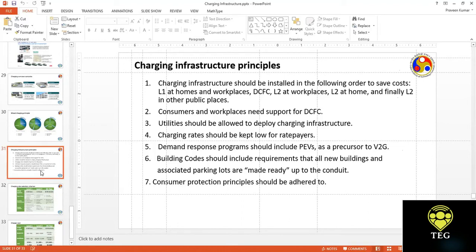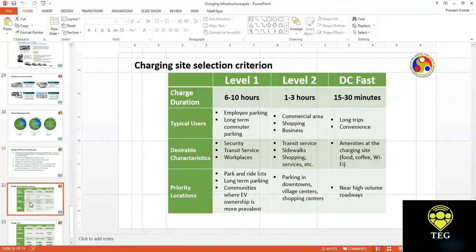So that would reduce the cost, because if you make a good charger and deploy it, then its life is around 10 years very easily. So we won't need to replace it because of the new regulations on V2G. So those thoughts should already be there. It essentially means that we should be anticipating what new things can come and plan the development of the technology accordingly. So that's an important thing that we have to keep in mind.